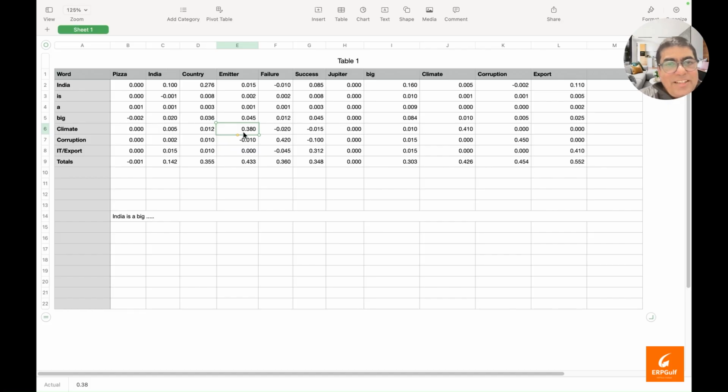Emitter matching it is 0.380. So if you add it with India is a big and climate, so with climate it will be a much bigger number. So basically what you are doing in adding India is a big without any context, it will give this country, and if you add the climate it will give emitter, and if you add corruption it will give 0.420 failure. Okay, and if it's, let's say, IT export, India has a very good score, that success score is,